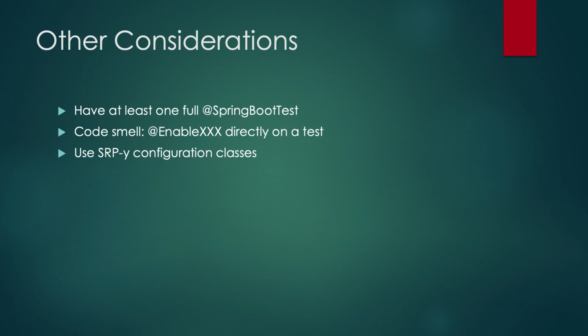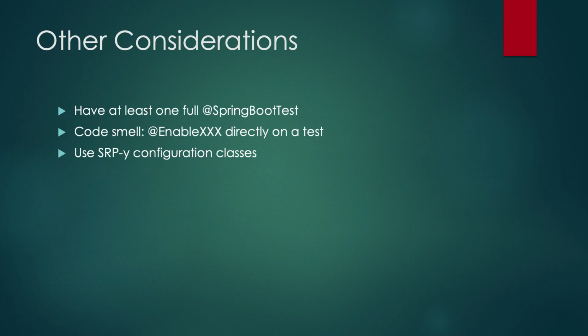Second thing is that you might have noticed that in all those examples, or almost all of them, I always had a configuration class that I imported from my application. And this configuration class had an annotation like enable scheduling or enable validation. It would also have worked if I had enable validation directly, say, on my validation test. However, if you do this, it's very dangerous to run into some false negatives, because if you have enable validation on your test class and someone forgets to add or removes enable validation from your application,